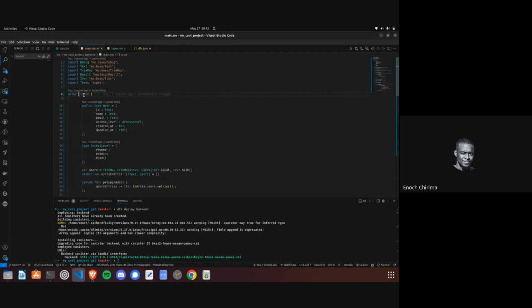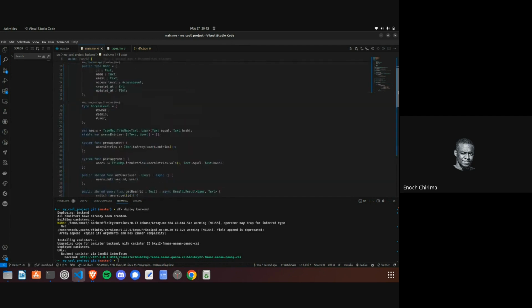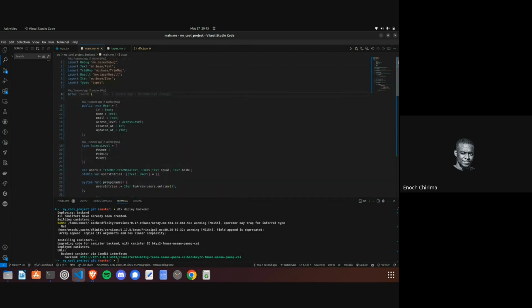What this means is, as you can imagine, as you are trying to build a scalable application with multiple canisters, at some point this canister is going to get full, right? So you can have your actor as a class. If you are familiar with classes creating objects, right? So what this means is if you set this actor as a class,